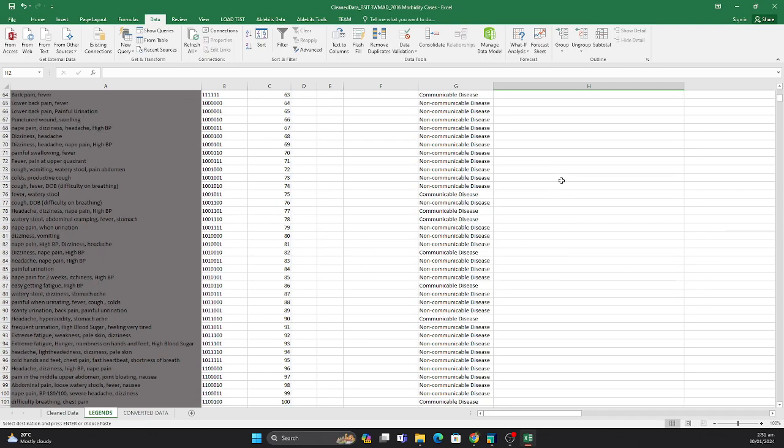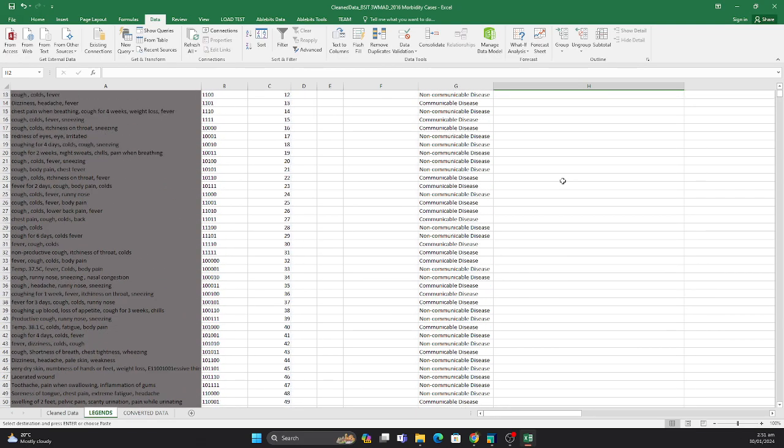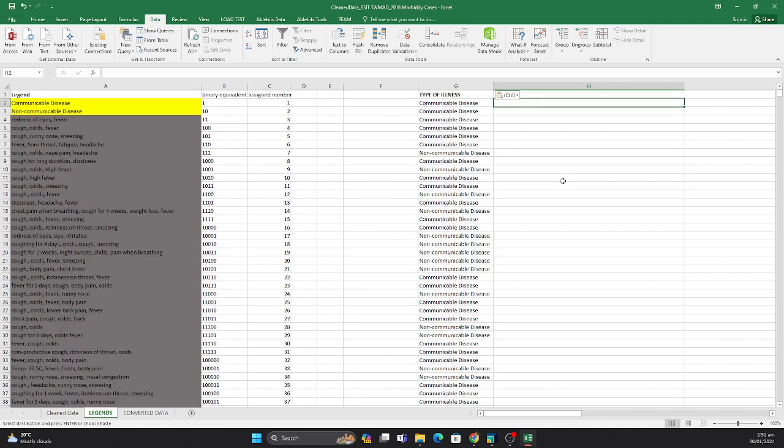If you think of it, it will be hard to manually type their corresponding binary equivalent one by one. So we will use the lookup function.